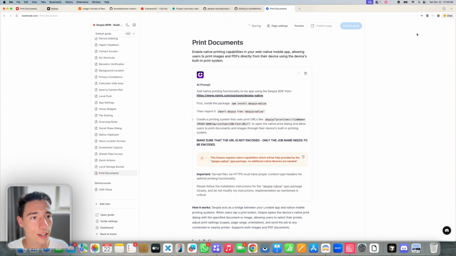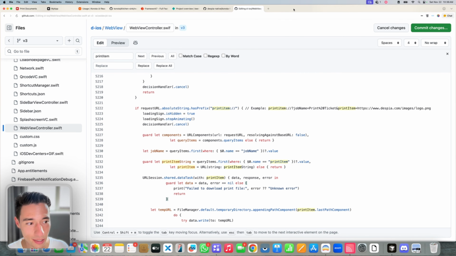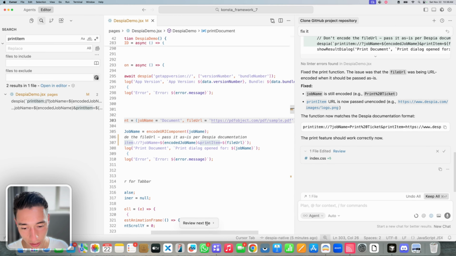Okay, perfect. So now we updated our documentation here so this doesn't happen. And now when we copy this over, it'll be fixed. So sometimes you gotta fix stuff on the fly. There you go. But now let's go back into Cursor here and we'll keep all the changes that it made. So let's say now please